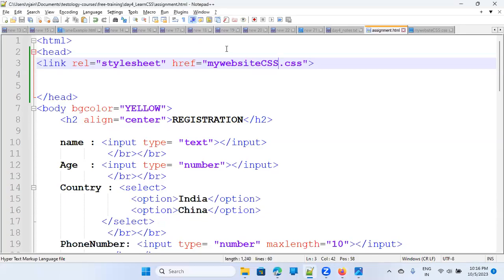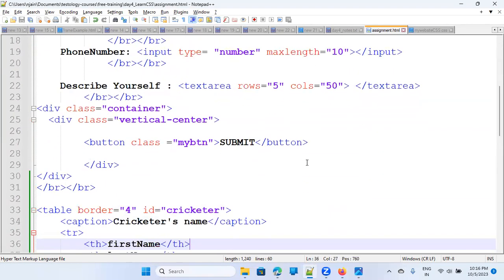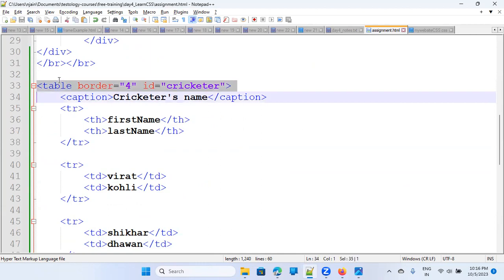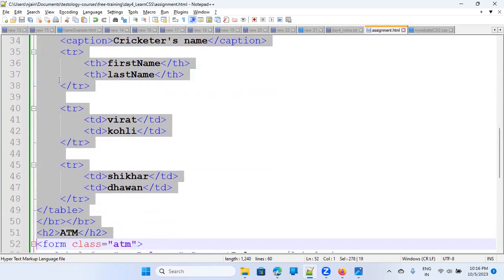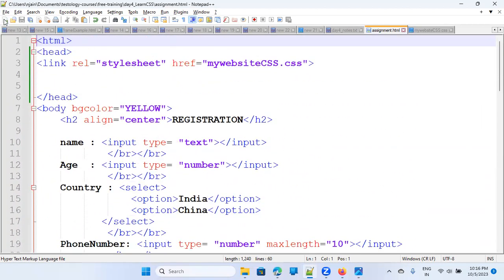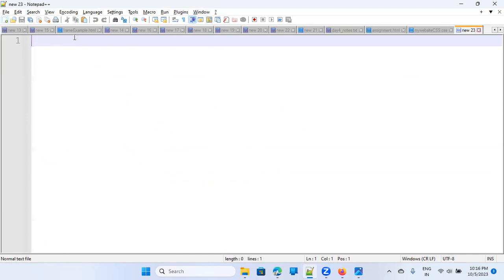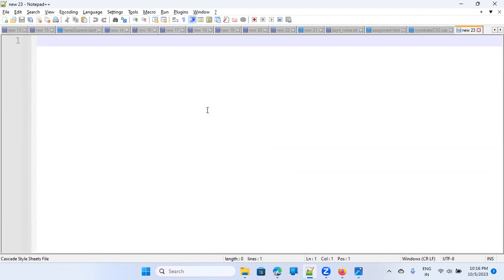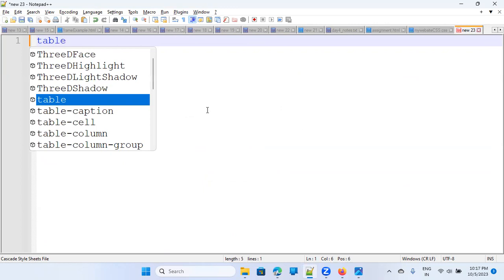And it's not that you can add only one CSS. So for example, let's say for the table, you want to keep the CSS separately. For example, where we created the table, this one. You want to keep the properties related to the table separate. It's fine. How to do that? It's very simple. I'll create one more CSS file. So I'll say language is CSS, and I'll say wherever my table is,